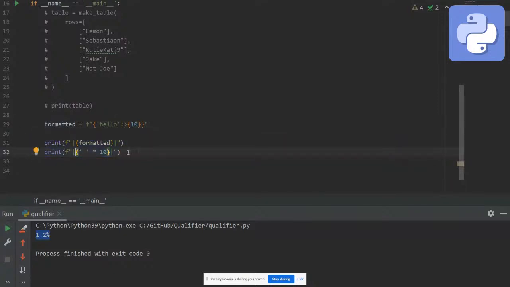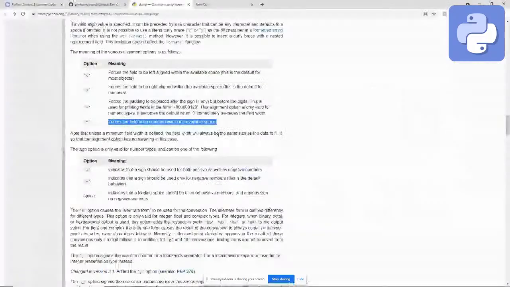Here I'm printing two pipes separated by a space of 10 space characters. So if we just print that, we can see that it's just 2 pipes and 10 spaces between them. Now, if I wanted to center hello between them, I can look at the docs and see the centering here